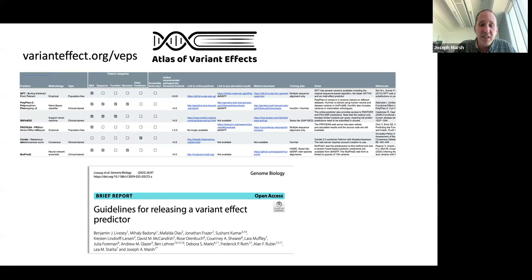And we also just released this paper called Guidelines for Releasing a Variant Effect Predictor in Genome Biology, where a bunch of us associated with the Alliance set out our best practices for people making these methods, which really focused a lot on making code available and predictions available and training data available, because a lot of these bias issues that we have in the field are coming from people not sharing things properly. And so if we want to have fair, independent evaluations, it's important to make things as open as possible. So it's aimed at people making these tools, but I think it can be of interest for anyone that's interested in using these predictors as well.